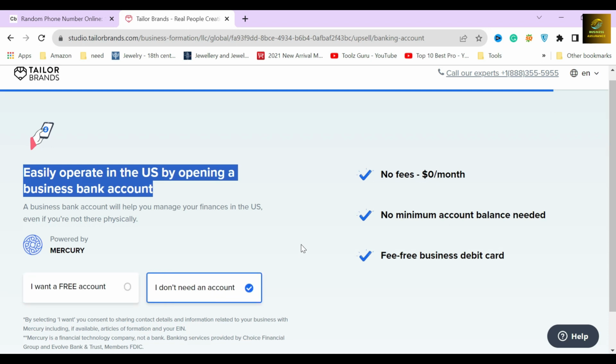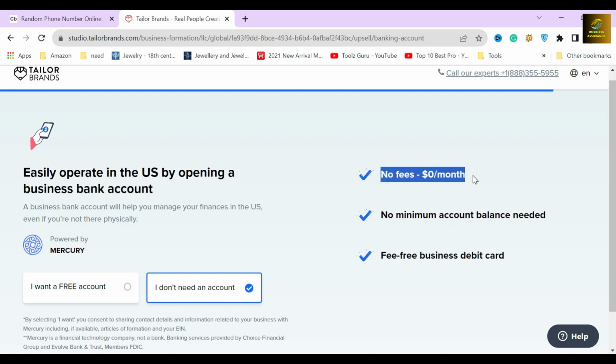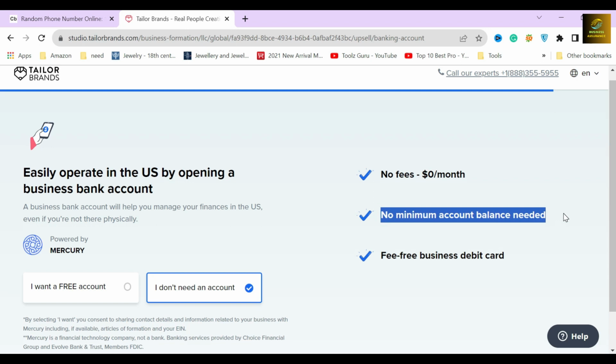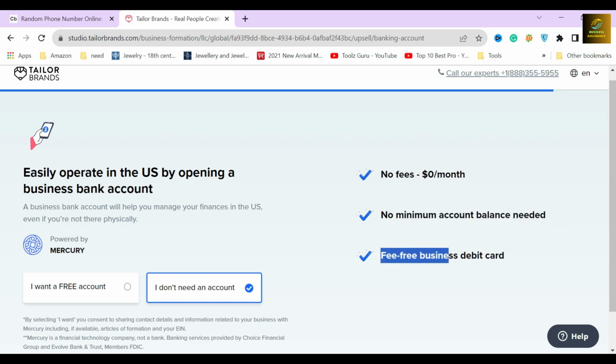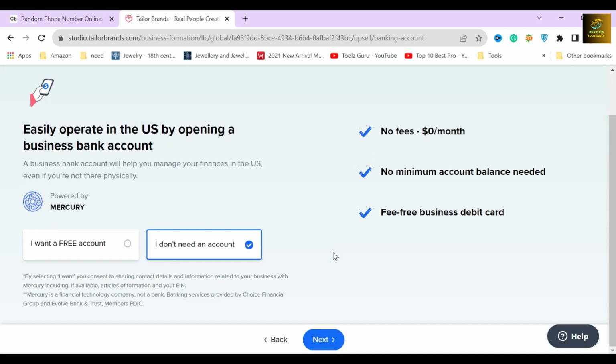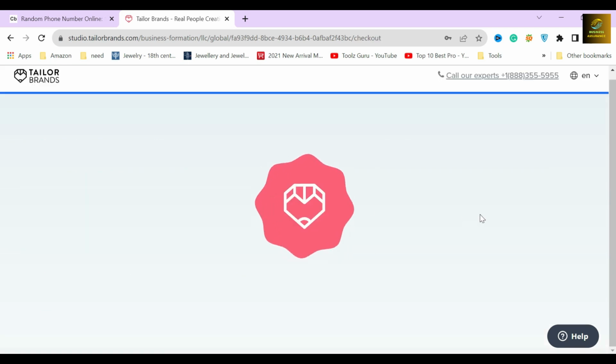As you can see, they are partnering with Mercury, and getting this bank account will cost you $0 per month, no minimum balance is required to open one, and you will also get a fee-free business debit card. For the sake of creating this video, I will just select the I don't need an account button and click on Next. After filling this section correctly, it's going to send you to the payment section and will show you